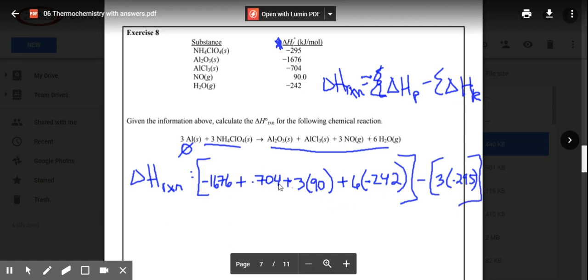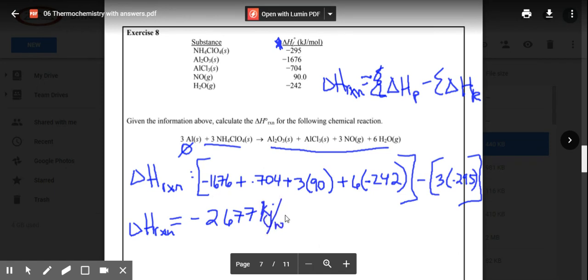Now it's just a matter of plugging all of this stuff in your calculator. So make sure you do the correct order of operations. I have to take all of this value first, and then I have to subtract that value. And what you should get for your answer right there is negative 2,677 kilojoules